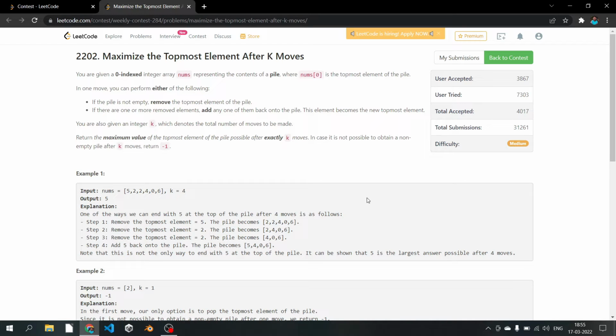Hello guys, so in this video we are going to discuss the solution for Maximize the Topmost Element After K Moves, from a weekly contest of LeetCode. So in this problem we are given a zero-indexed array representing the contents of a pile, and the zeroth indexed element is the topmost element of the pile, and we are given